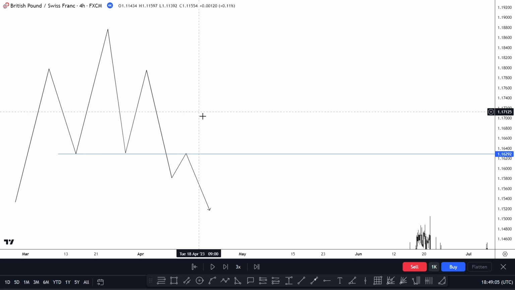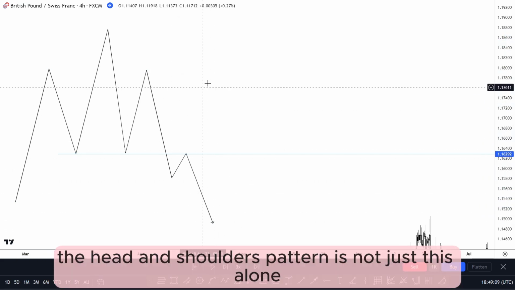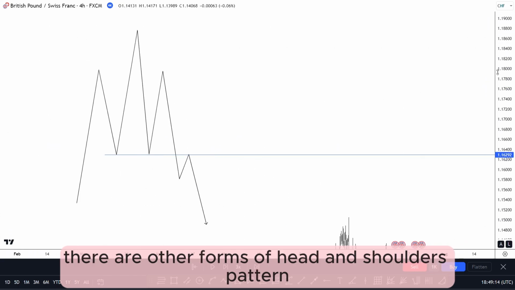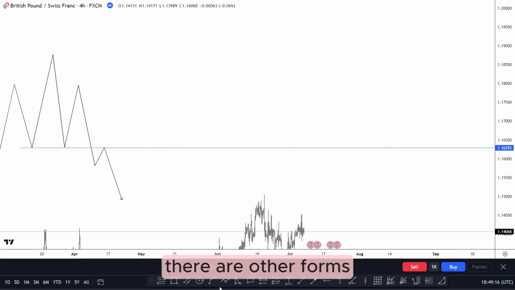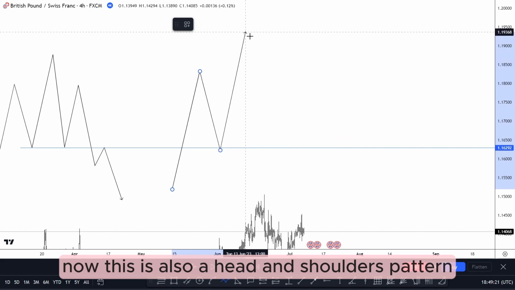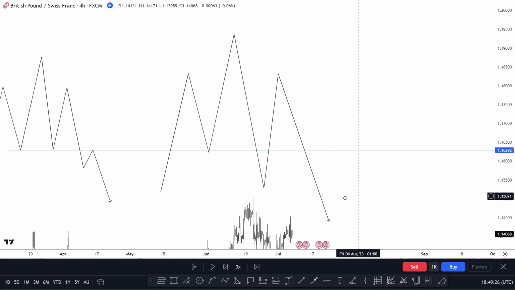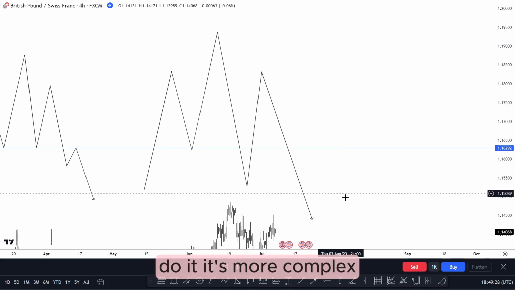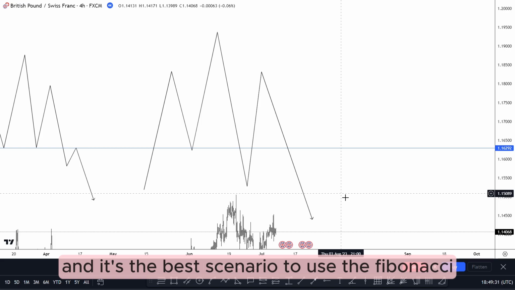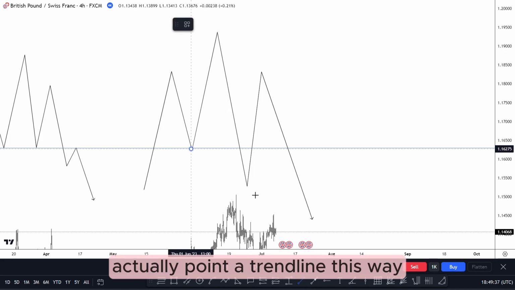But before I go on, I also like to mention that the head and shoulders pattern is not just this alone. There are other forms of head and shoulders pattern. Now this is also a head and shoulders pattern, though it's more complex, and it's the best scenario to use the Fibonacci fan, because you cannot actually